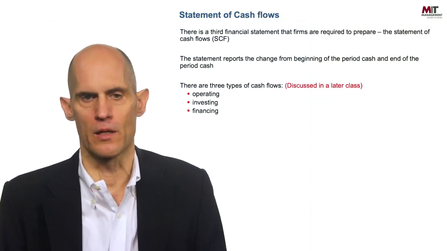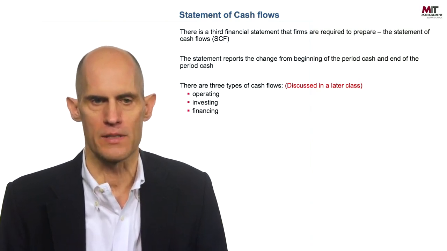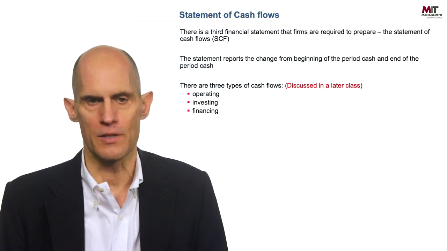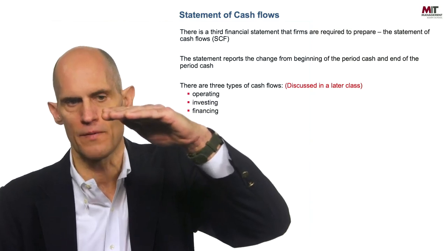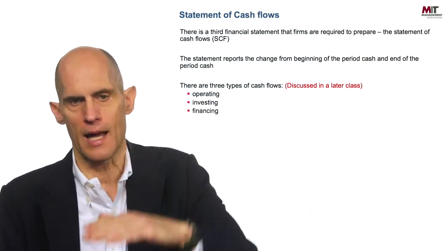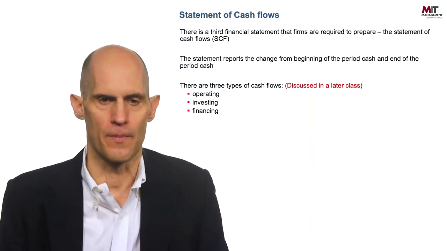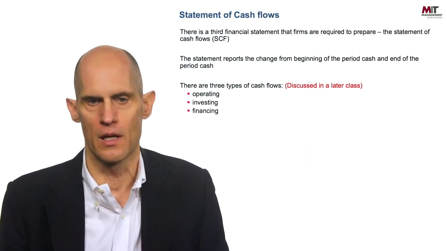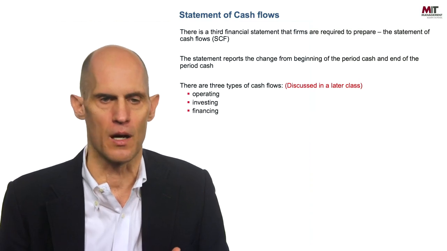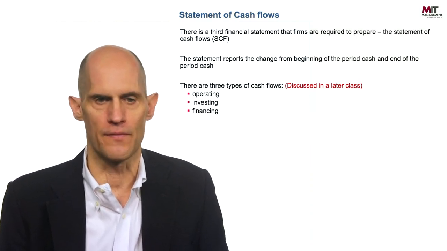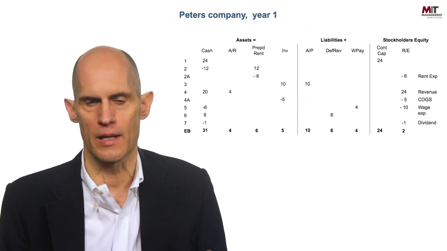Now the third statement we're going to look at here is the cash flow statement, also known as SCF, the statement of cash flows. And what the cash flow statement tells us is that we started with a certain amount of cash, we finished with a certain amount of cash, and the cash flow statement will tell us how that cash changed, and it's going to group it into three different types of cash. And we're going to discuss these in more detail in a later class, but the three types are operating, investing, and financing cash flows. So where do we see our cash flow statement